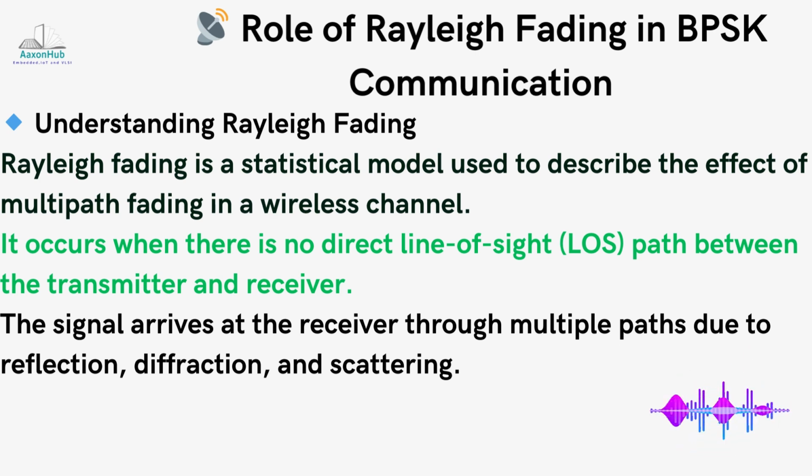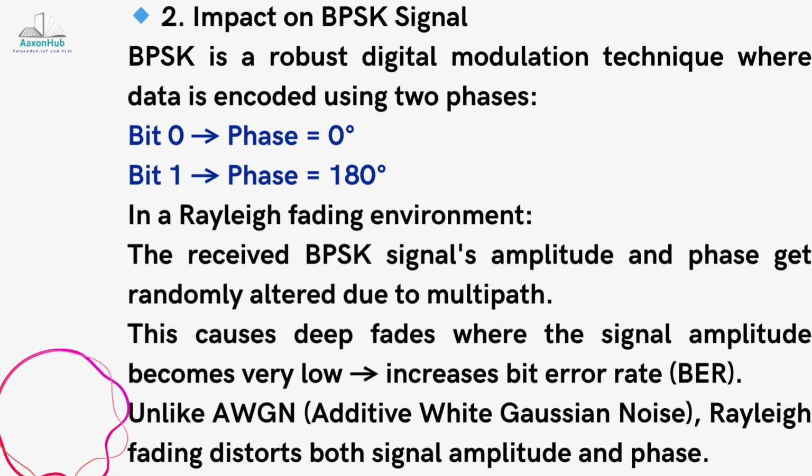It models scenarios where there is no direct line of sight, which is LOS, between transmitter and receiver. Instead, the signal arrives via reflections, diffractions and scattering, creating multiple delayed copies called multipath components. These multipath components interfere with each other, causing rapid variations in signal amplitude and phase, commonly known as